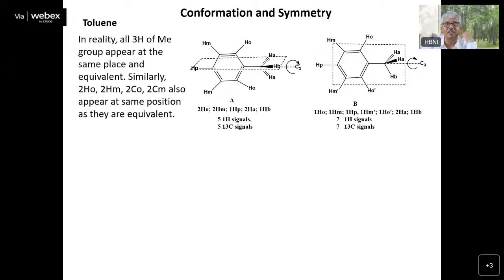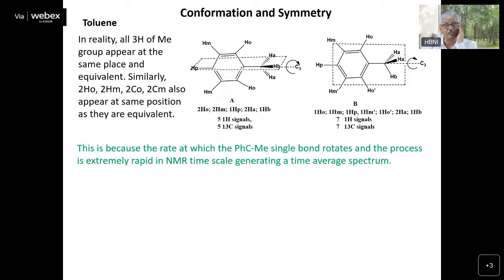But in reality, you will see that all three hydrogens of the methyl group appear at the same place. You will get a single line for methyls. Similarly, the two ortho protons come together, the two meta protons come together, and the two ortho carbons and two meta carbons also come at the same position, as they are equivalent. This is because the rate at which the